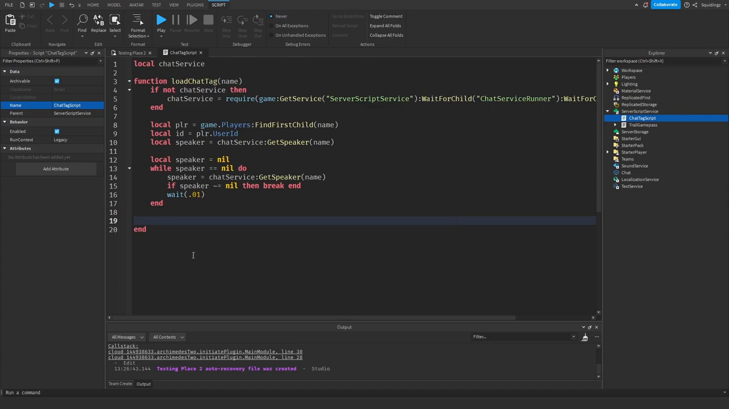So what this is going to do is, while we don't have a speaker yet, it's going to wait essentially until the player is a speaker in the chat. And now we've done that, we can set some data, set some tags for the player. So first of all, we're going to find out if the player is the owner. So how we can do that is we can say if ID equals, and now we need to get your